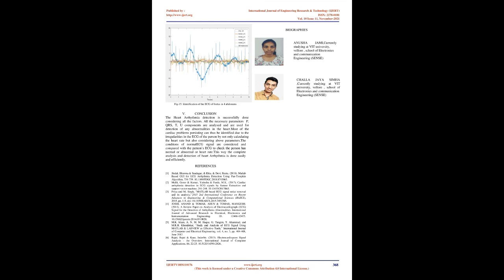Detection of arrhythmia: the .info and the .mat formats of 4 signals are loaded. Now, from the ECG signal corresponding to the normal and abnormal behavior, we may detect the presence of arrhythmia in a patient. Conclusion. The heart arrhythmia detection is successfully done considering all the factors. All the necessary parameters, P, QRS, T, U components, are analyzed and are used for detection of any abnormalities in the heart. Most of the cardiac problems persisting can thus be identified due to the irregularities in the ECG of the person by not only calculating